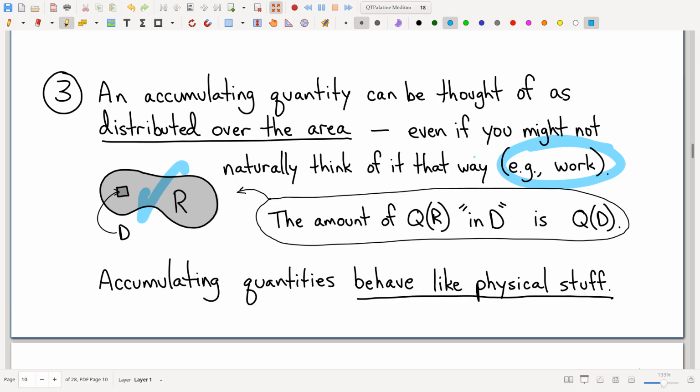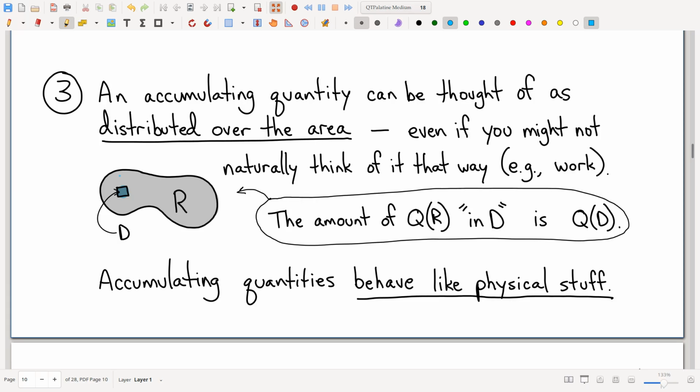In other words, if I were to ask, what's the total amount of work that it takes to pave this pool surface? Well, I can compute first how much work it takes to pave that little square, and then next, how much work it takes to pave that little piece of the area, and then how much work it takes to pave that little piece of the area, and I can add them up. It is an accumulating quantity. The whole is the sum of the parts, and that will give me the right total amount of work. And so when I am asking how much work it takes to perform the task assigned for that little area,